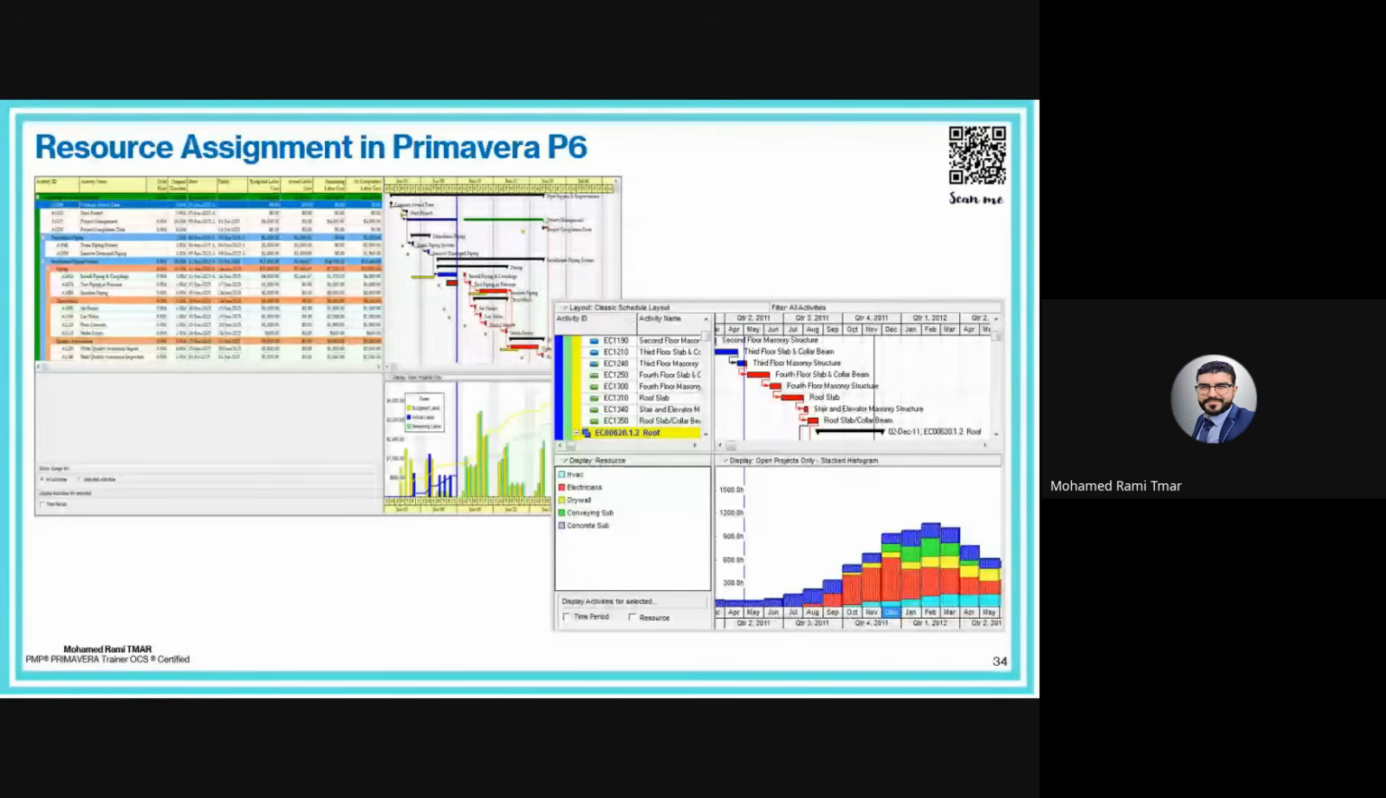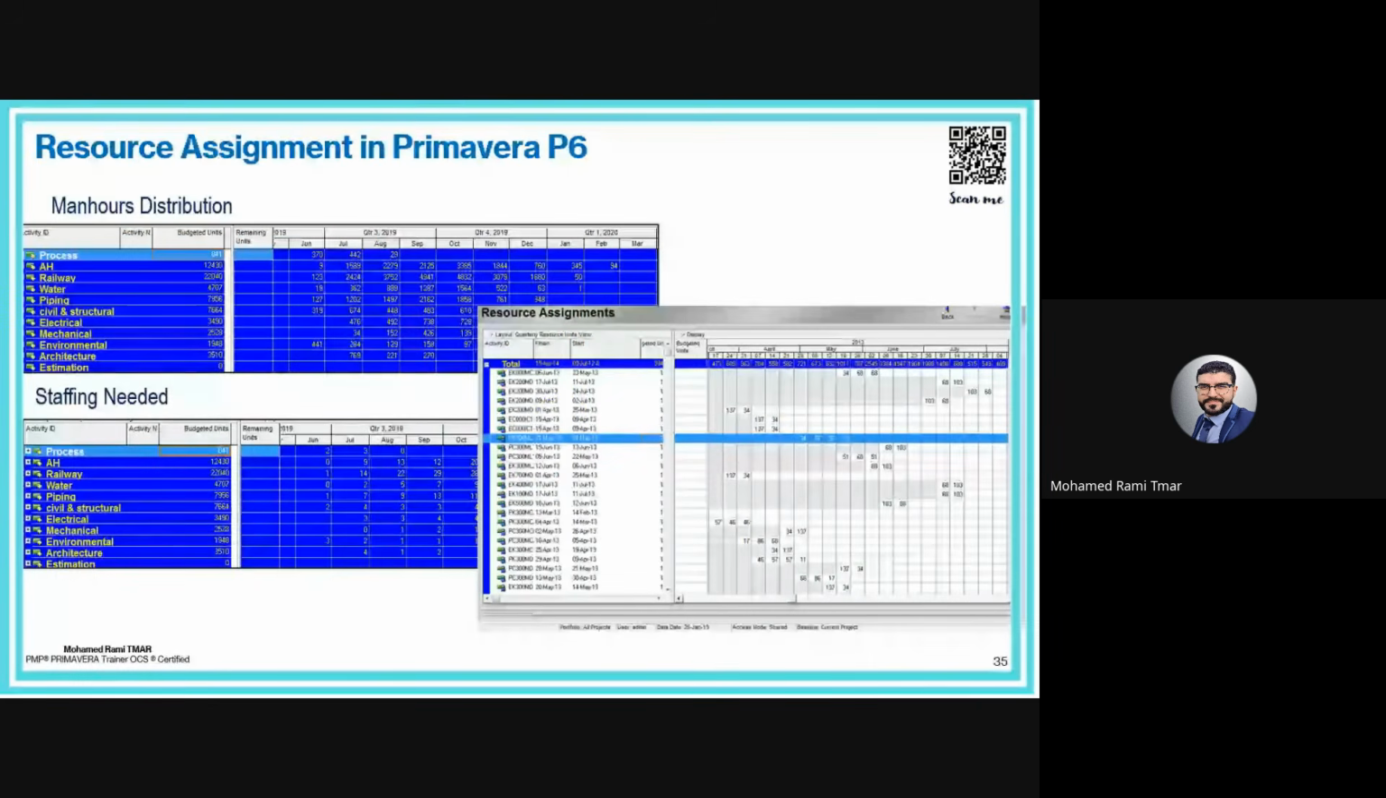Same here. We can see the man-hours distribution, the staffing needed, the manpower, the quantities for each, the plan of quantities for each activity, what is planned for each week or even for each day. Okay,